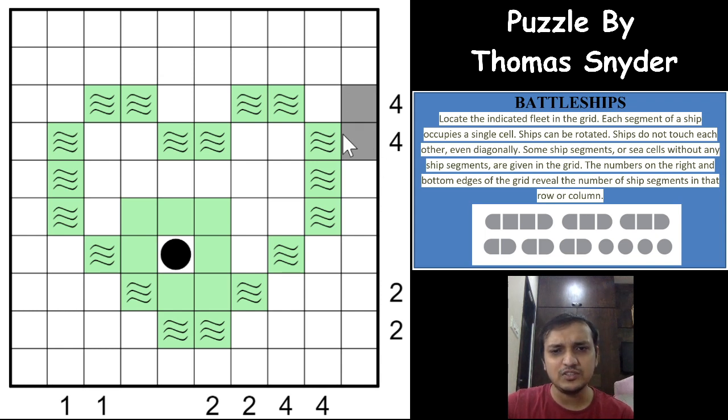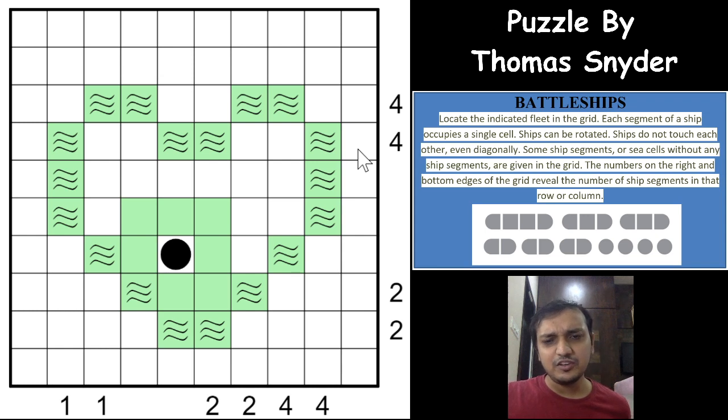Unless we know how many cell ship it is, we won't mark it for now, because it can even be a 2 cell ship or a 3 cell or a 4 cell. So we won't mark it with the shape of the fleet, but just with the shaded cell indicating that they are ship segments, right? So if you see the 4s now, the total number of ship segments in these 2 rows will have to be 8, right? You cannot have anything more than 8 or less than 8 as indicated by the clues here. And how many cells are possible here? 1 2 3 4 5 6 7 8 9 10 11 12. There are exactly 12 cells that can be filled, and we need to fill exactly 8 cells from them, right?